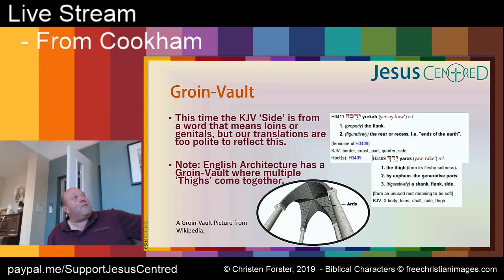And the crotch is a reasonably good English description. And a groin vault is called a groin vault because this is how it looks. You can see it there. On that one there, you can see there are 5 bars coming together, but it could be 5, 6. In this case, we've got 6 beams coming together to create what is referred to in the Hebrew as the crotch.